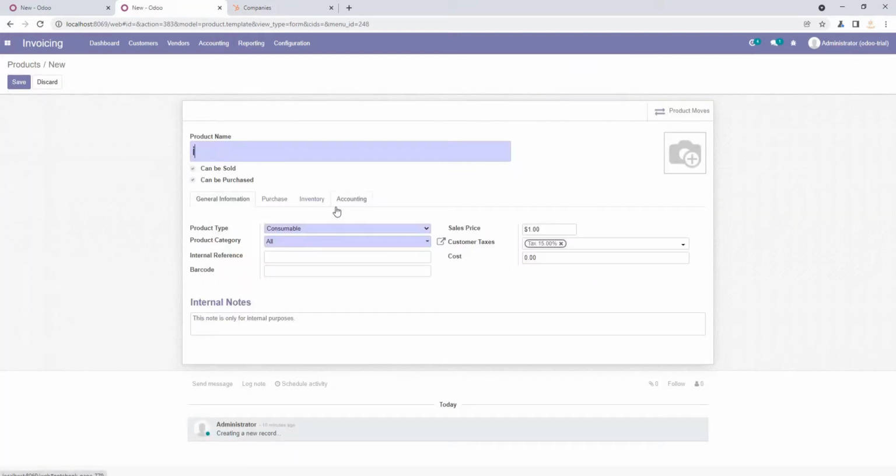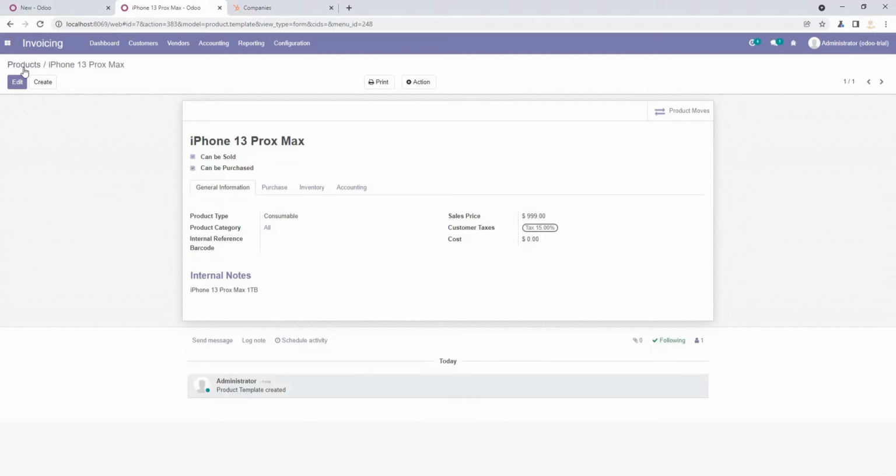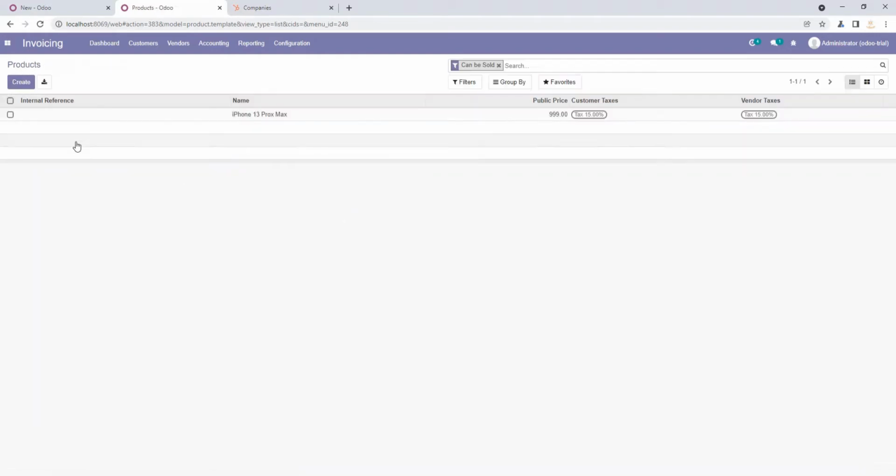I just put in some random values and click the save button. So the product is added in Odoo successfully.